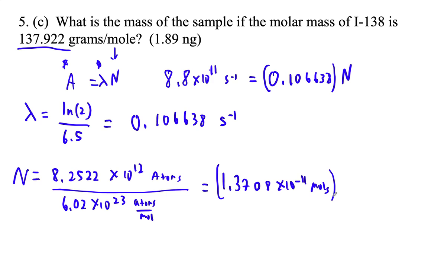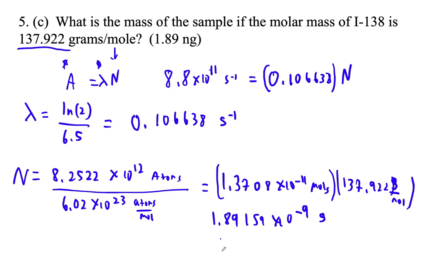And then multiply that by the molar mass. Because this is, by the way, grams per mole. Right, so this is going to give us, of course, grams, right? I get 1.89 nanograms. I think that's just funny. 1.89159 times 10 to the minus 9th grams. So 1.89